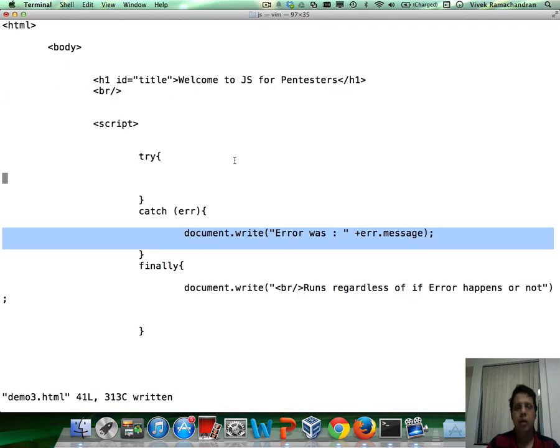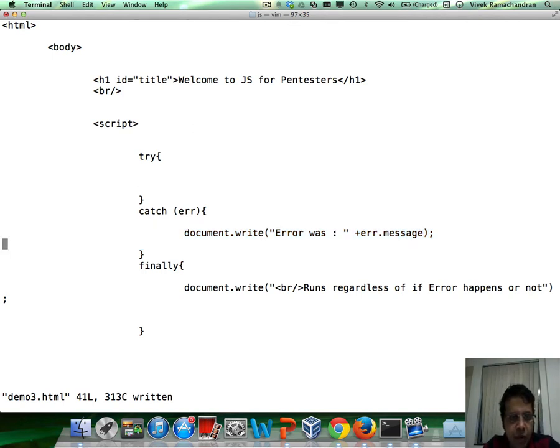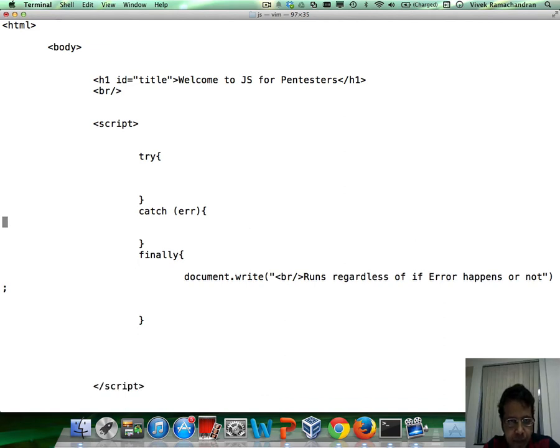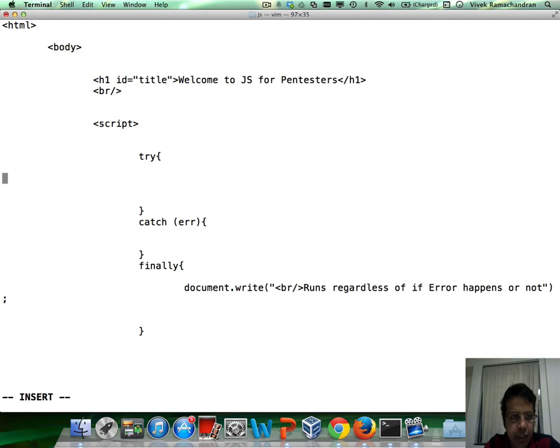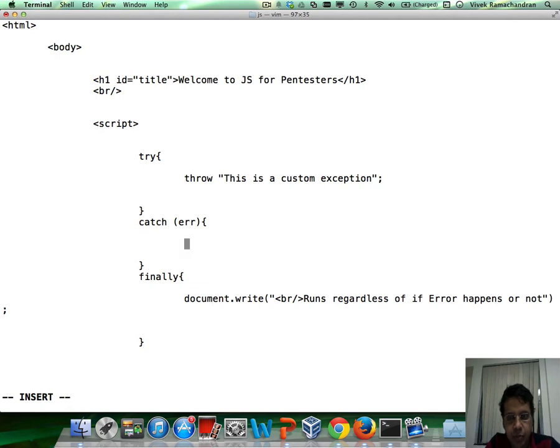Fantastic. Now this is an example of how built-in exceptions would be handled. What if you want to define your own custom exceptions? The easiest way is to use the throw keyword followed by the exception. So let's say this is a custom exception, and inside the catch block let's print the exception which happened by doing the document.write, and we are going to say "error was",